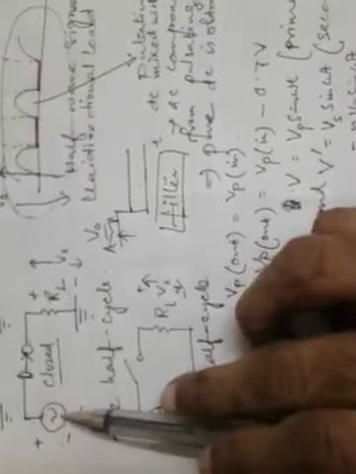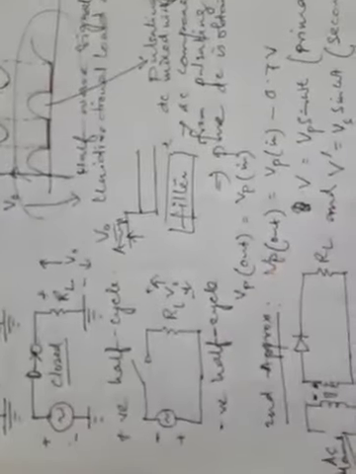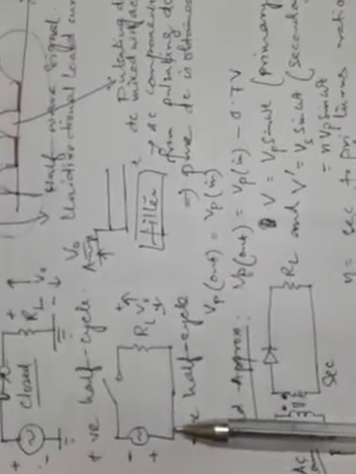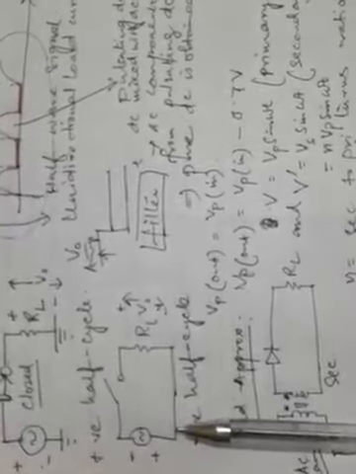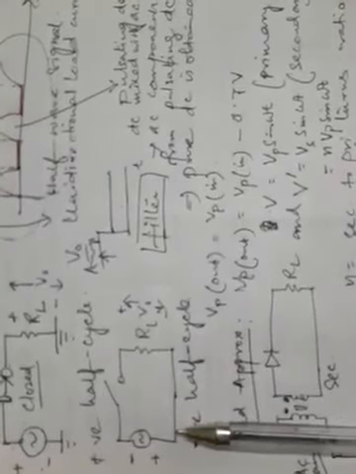So if we use a transformer to form this circuit, instead of a simple AC source, then this modification in the calculations should be incorporated, and the rest of the things are the same as what we have got in these waveforms. So this is all about the half wave rectifier. Our next topic is the full wave rectifier. So let us see what a full wave rectifier is, and that is to be discussed in the next class. Thank you.